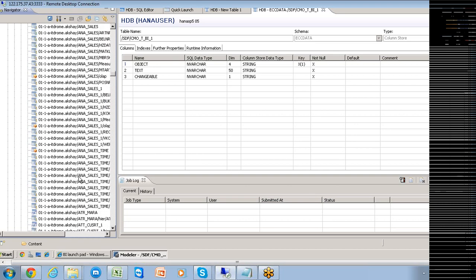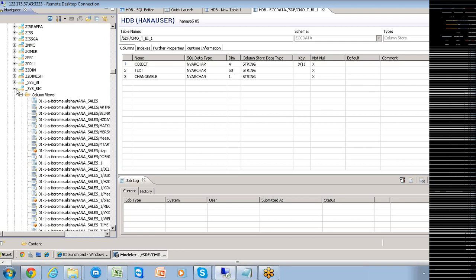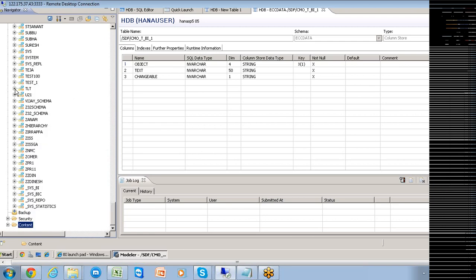So that's why, since the physical tables of your database cannot be directly exposed to reporting and analysis, that is the place where we start creating different types of column views. All those views have to be created in this content. The main purpose of the content store is to do two types of reporting. One is SQL based reporting, and the second type is cube based reporting, which is MDX based reporting.